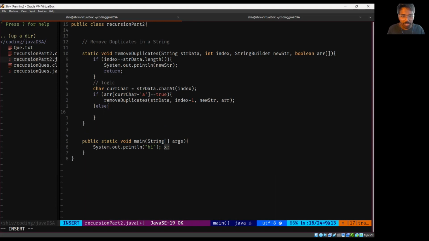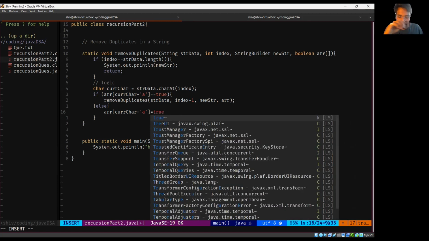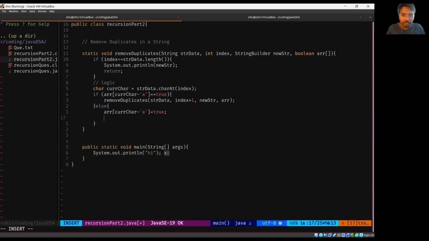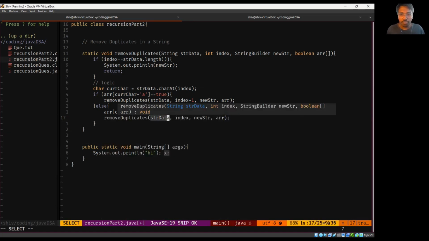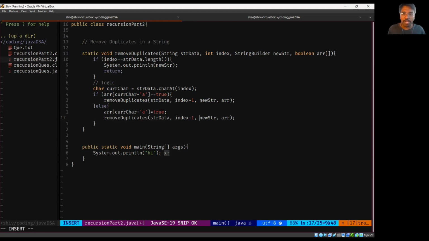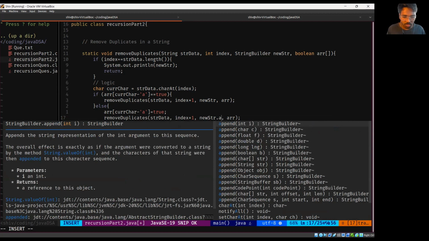So then what I have to do is first I have to say array of that position, that is nothing but current char minus 'a'. So this position, first I have to fill it with true. Okay, after filling it with true, then I have to call the same function, remove duplicates. But this time I have to say index plus one. Whereas in new string, I have to add it. Now, if it was simple string, then I could have done plus and added, but this is string builder. So I'm going to use append